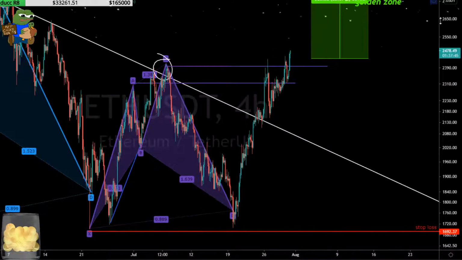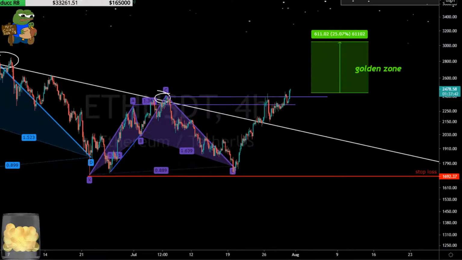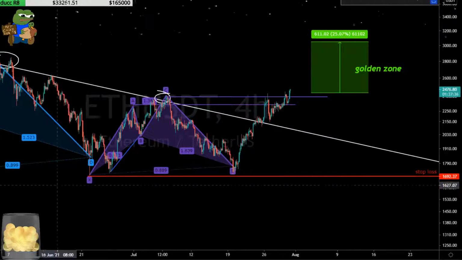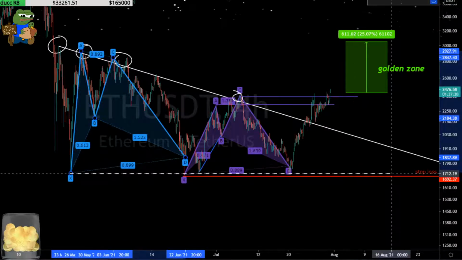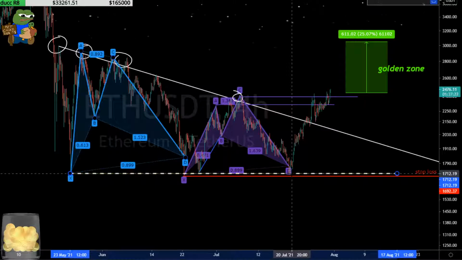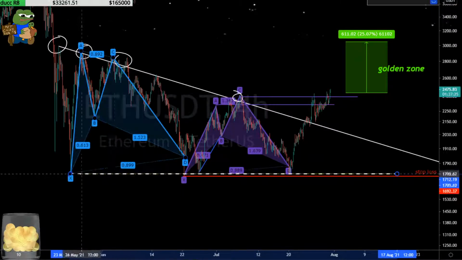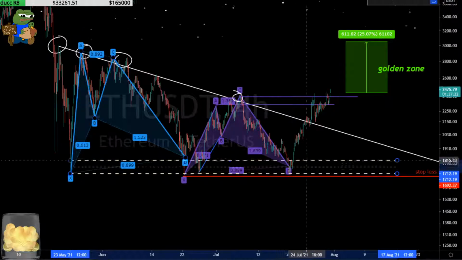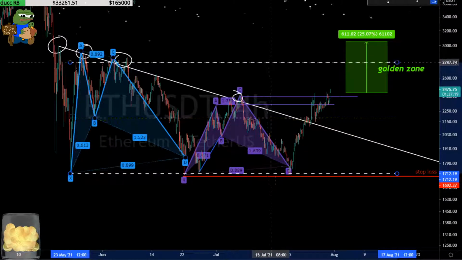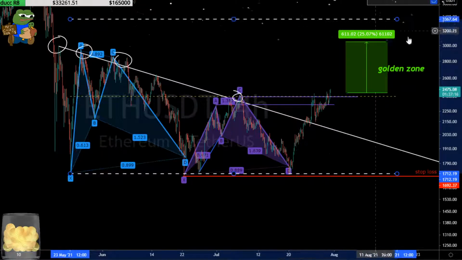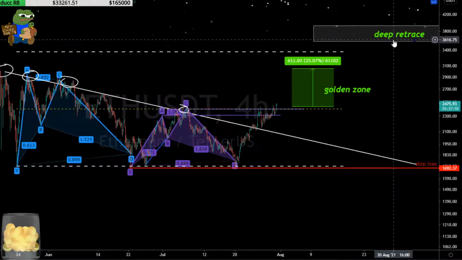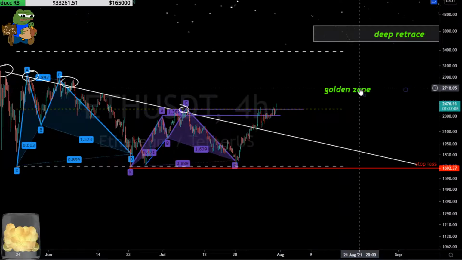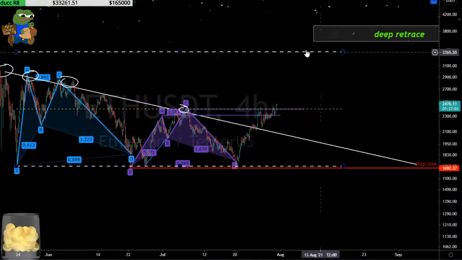That being said, you have a similar situation here that you do on Bitcoin. So let me zoom this out a bit. You have this X and current D area right here, where you got a lot of touch points. This is the range low. If C right here is the range midpoint, let's make that the midpoint. So the range high right now is going to be up here for ETH, and that makes sense. It's really close to this deep retrace, the top of the golden zone.